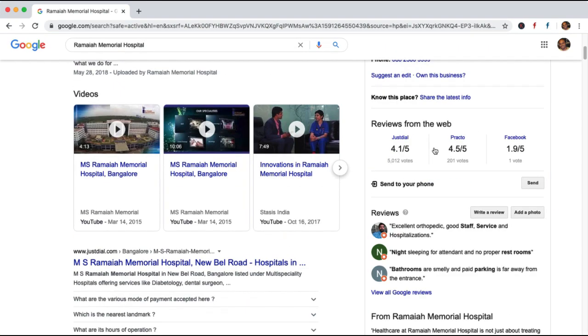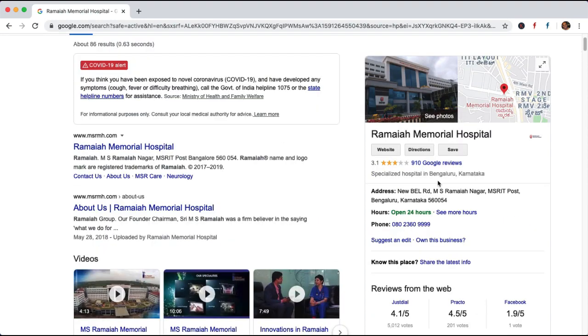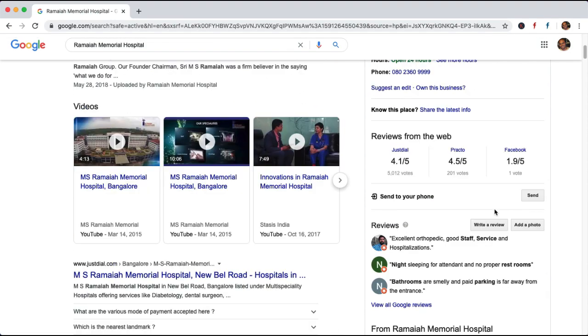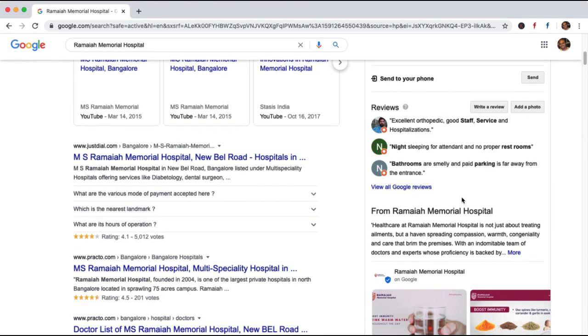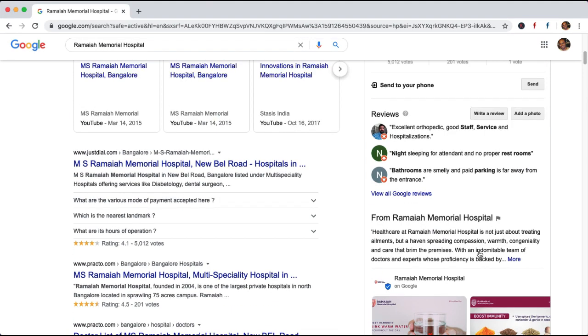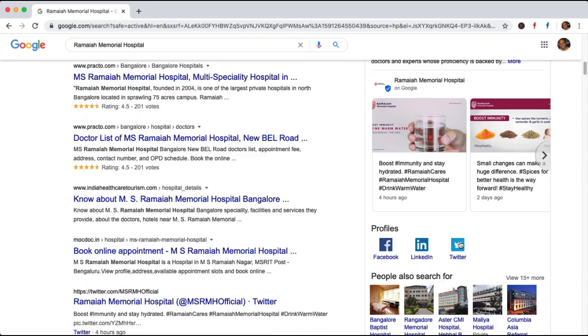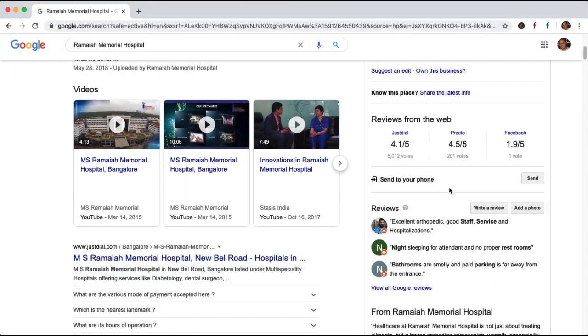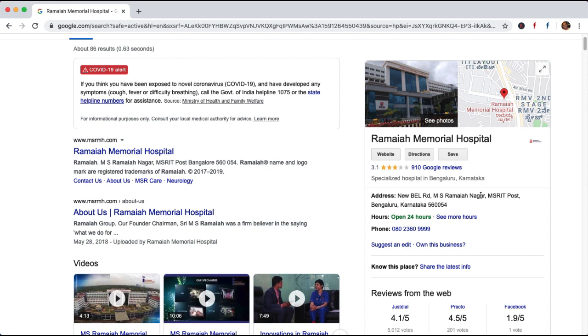So this is actually in my business listing, also schema listing. If you want these profiles here, you have to add the company schema in your home page so that you get all the relevant information in this local business listing.